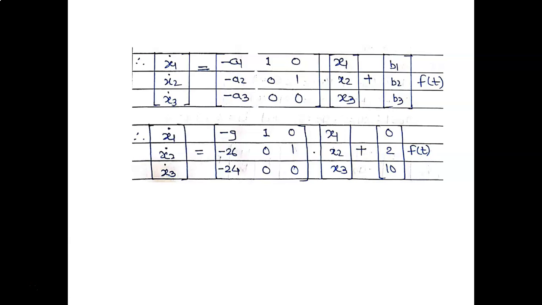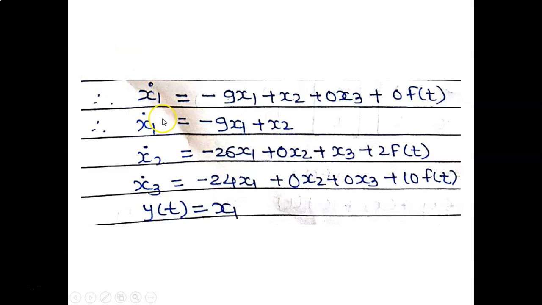Therefore x1 dot is equal to minus 9 x1 plus x2, because x3 and f of t have 0 values. x2 dot is equal to, directly we will write, minus 26 x1 plus x3 plus 2 f of t. x3 dot is equal to minus 24 x1 plus 10 f of t, and